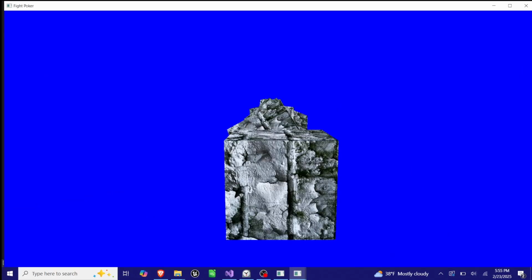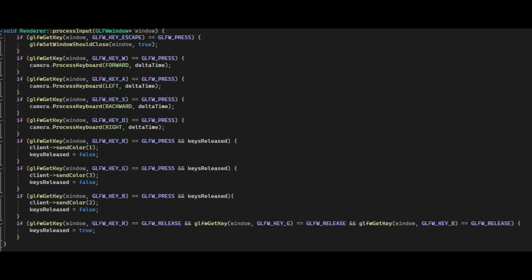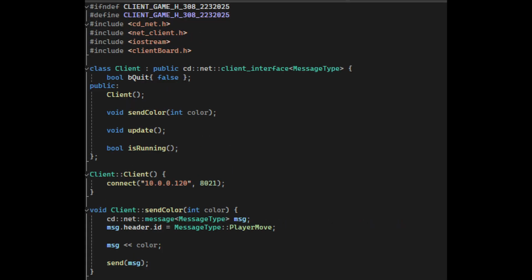And the way we do that is first in our renderer code, in our comp renderer, we have this input right here that's if the user types R, G, or B, it will send a message to the client, which is still on the client side, to send the server a message to change the background color. Then the client's code, what it does is when the client is created, it will connect to the server, and then we have this function here called send message, which will send a message, and the one we use is